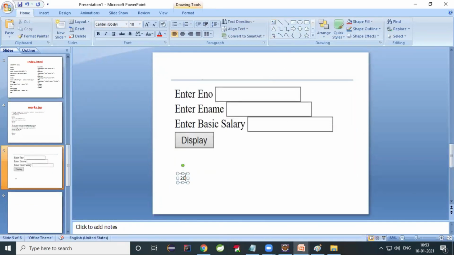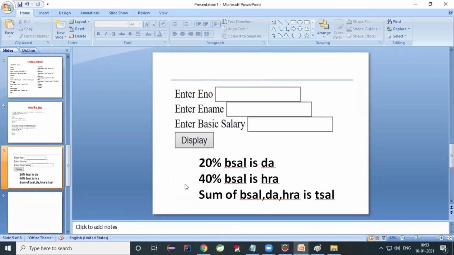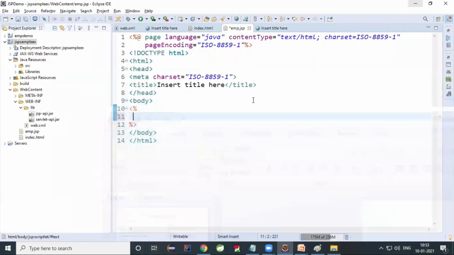Here what is the requirement? 20% of basic salary is DA. 40% of basic salary is HRA. The sum of basic salary, DA, HRA is the total salary. This is my requirement. I want to calculate the DA, HRA and total salary based on these conditions.